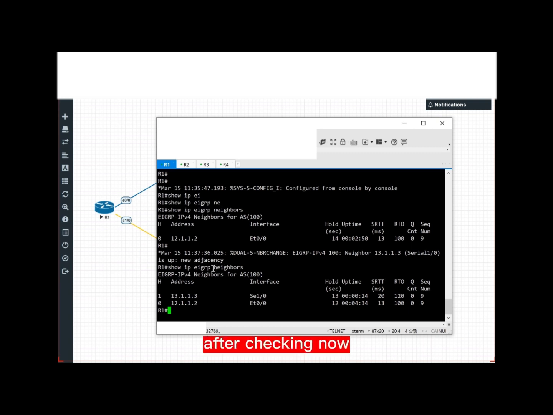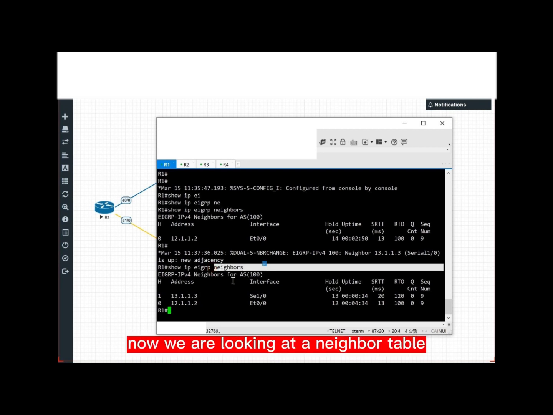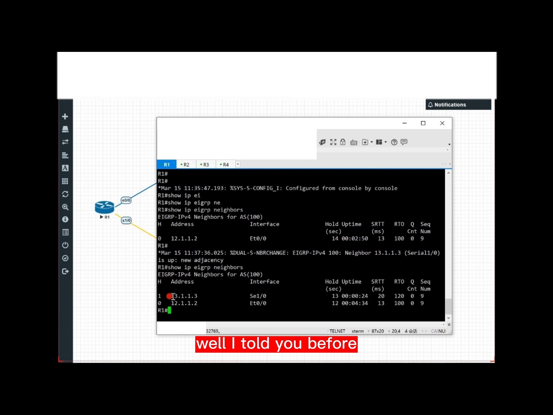After checking now, let's interpret this output. For R1, now we are looking at a neighbor table. Well, I told you before, this is the address of the interface that R1 sees locally. That is, this is when it and the peer are establishing the peer interface address. So R1 local is 0.1. So this 0.3 represents R3. This 0.2 represents R2. This is the relation